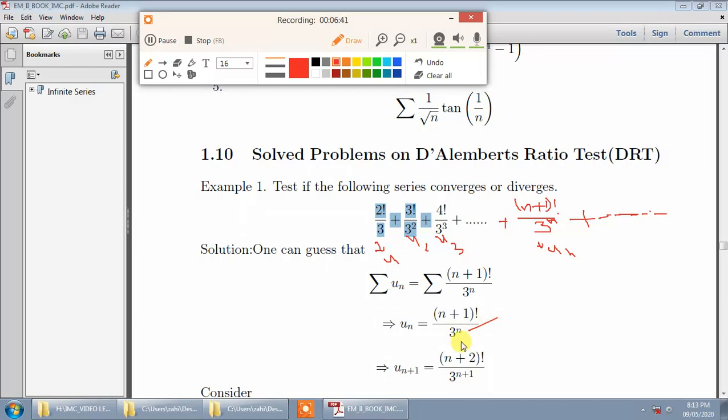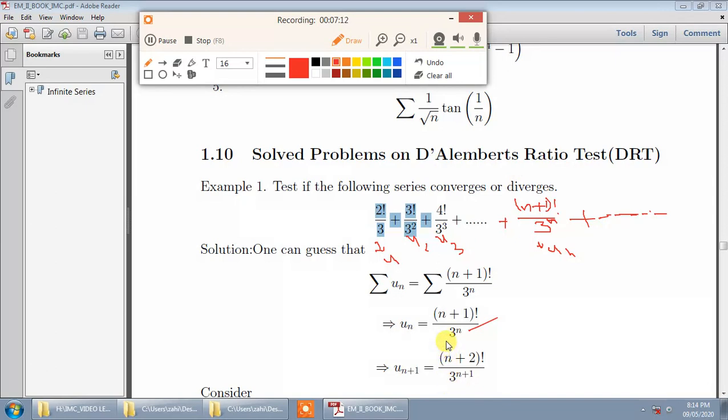Now I am going to use D'Alembert's ratio test. Here you will observe that the comparison test will not hold, because even if I take some n common, it is not getting cancelled, and even if I put n equal to infinity, you will not get a finite limit. Therefore you try it at home. Even by taking some n common, the comparison test will not hold for this series. So I am going to use the DRT, that is D'Alembert's ratio test.